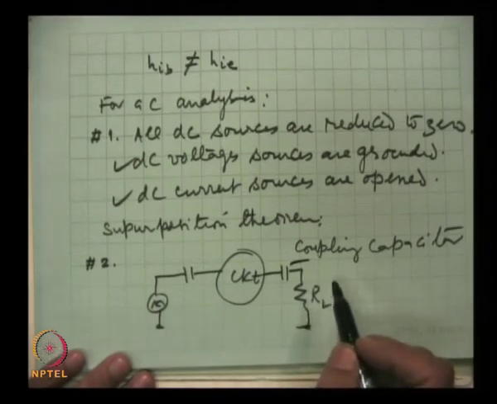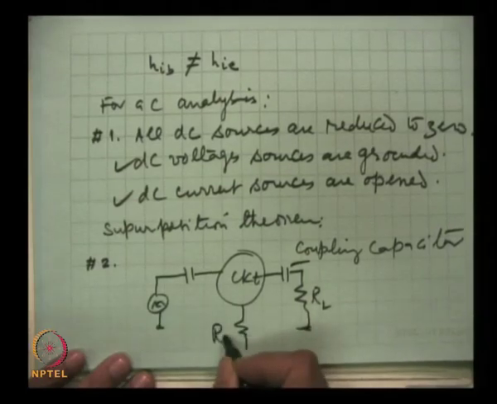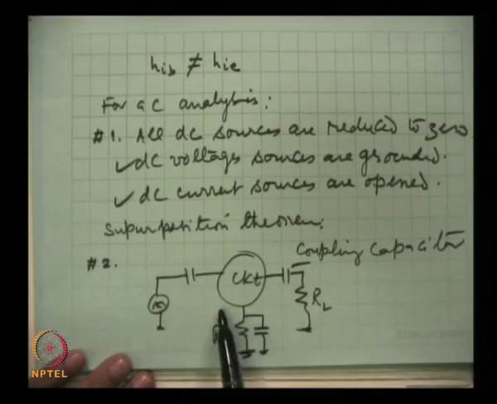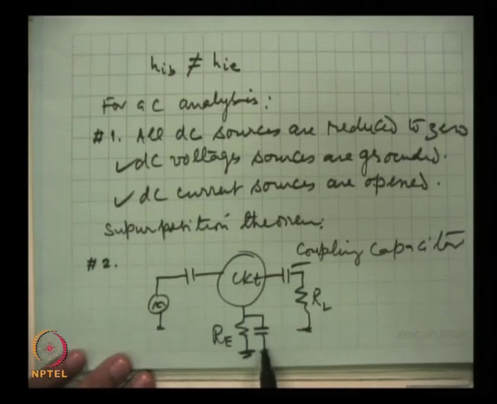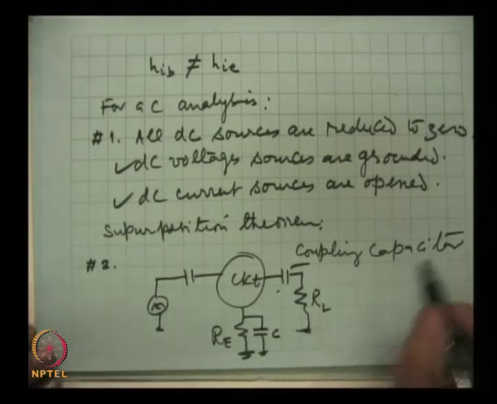The other use of capacitors is as bypass capacitors. For example, the emitter resistance is often bypassed, so that the AC signal goes through this capacitor and we save that AC drop across this resistance Re, because here the drop of the AC signal will be a net loss and hence the gain will fall. This we will talk about in detail later, but when the capacitor is used this way, it is called a bypass capacitor.